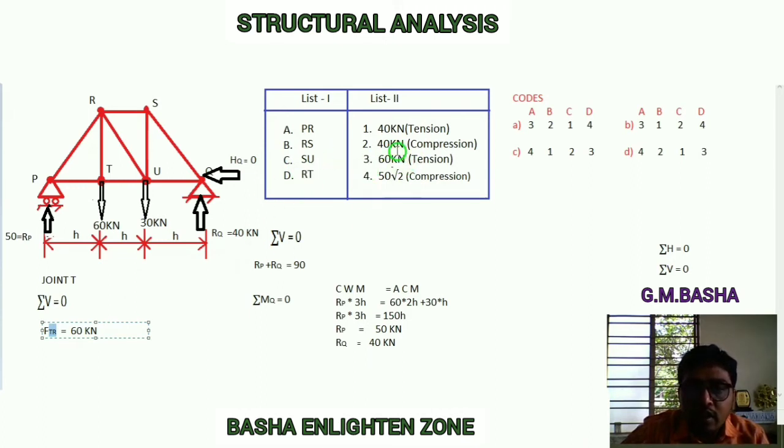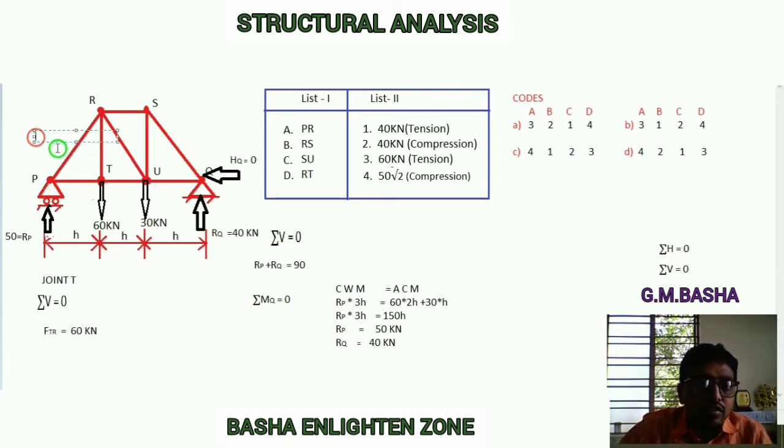So choose where that option is first of all. See here, in the entire 4 options, D will be 3 for option C and also option 3. If there is only one such option, you can choose that option directly, but here there are two options related to 3. Therefore we can go for one more option, whichever is easy in this span. See here, it is better to go for Q. After resolving the forces in Q, then if you resolve one more member, you will get this easily.